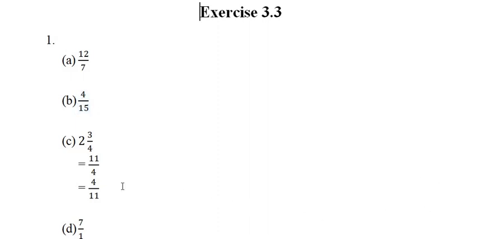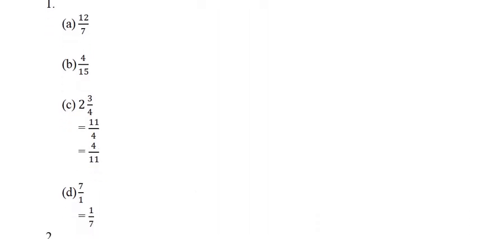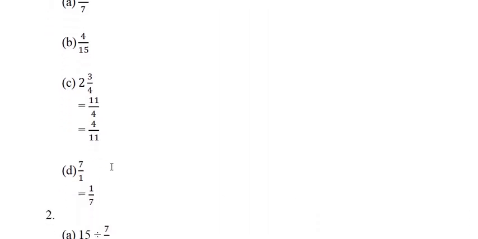Now whenever you see a mixed fraction, first of all you have to convert it into an improper fraction, and after that you have to convert it into the reciprocal. And whenever there is a single whole number, be it 5, 10, 11, 15, 6, 7, 8, whatever the number is, you have to always assume that there is an invisible 1 always as a denominator. So now it will be 1 by 7.